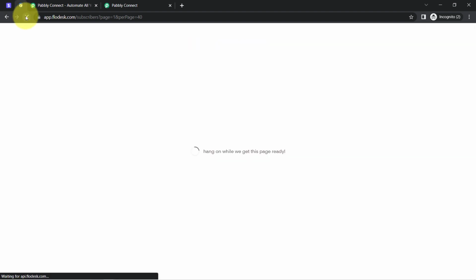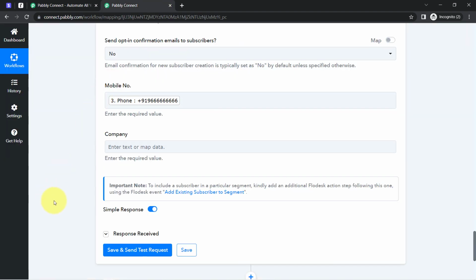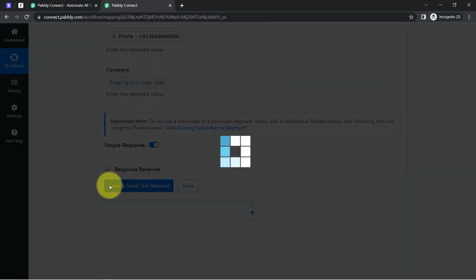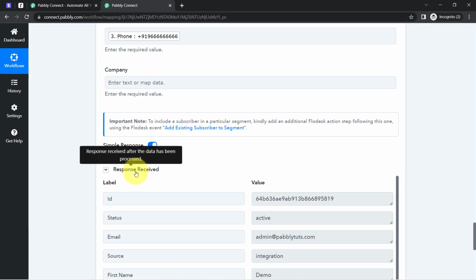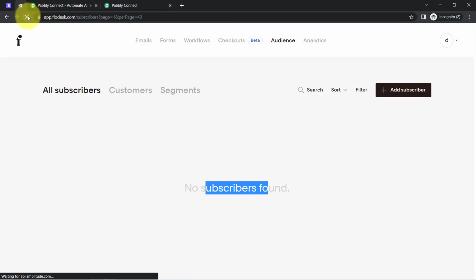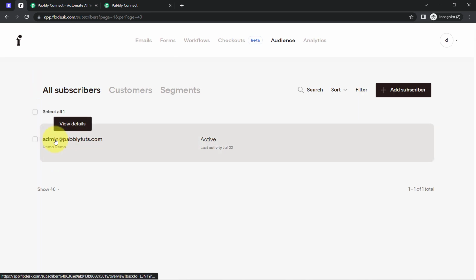Let me refresh it, and here you can notice we do not have any subscriber. Clicking on this button, save and send test request, and waiting for the response to receive, basically waiting for that subscriber to be created here. And the response is received. Going back here, let me refresh my Flodesk software, and here you can notice the same person has been created as a subscriber, that is